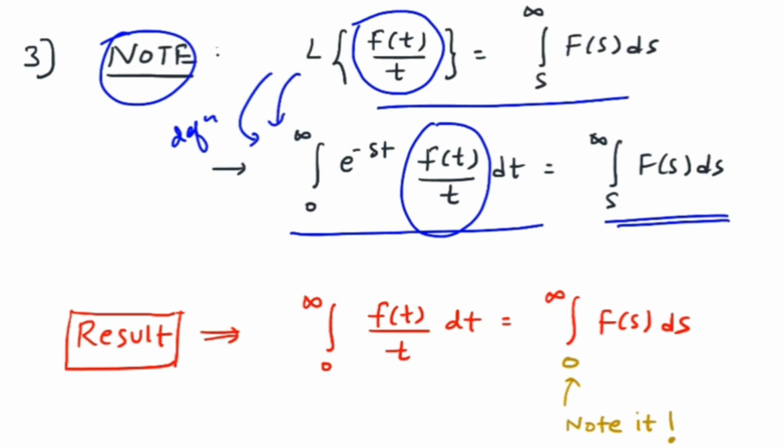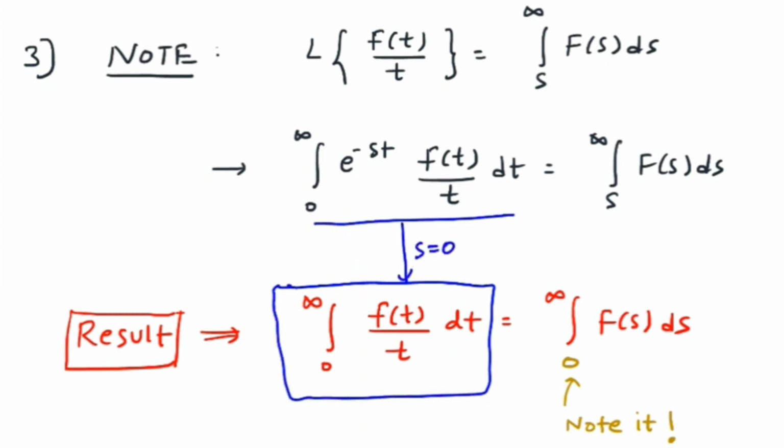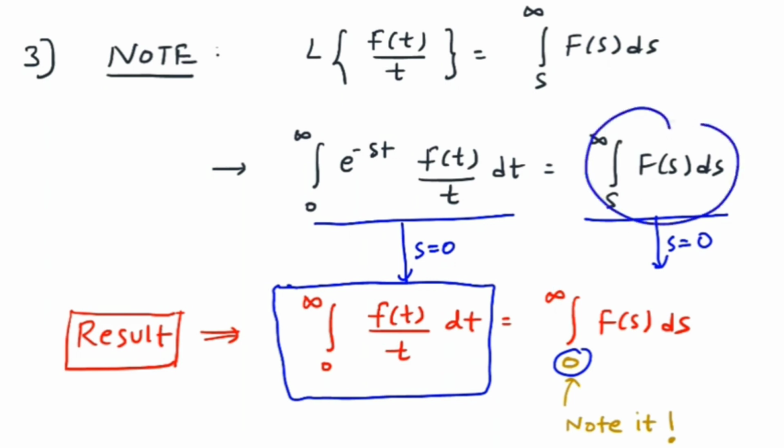Now there is one important note. If the examiner says find integral 0 to infinity f of t upon t dt, then basically use this format. And if you substitute s is equal to 0, you will get your required answer, right? So after getting the solution, you will get the answer in terms of s. Just substitute the value of s as 0, or you can simply change the limit, right? The limit is from 0 to infinity, and still I am getting the same answer. So there are two ways: either solve this integration and then put s is equal to 0, so this is method 1, or simply use method 2 where the lower limit is 0.